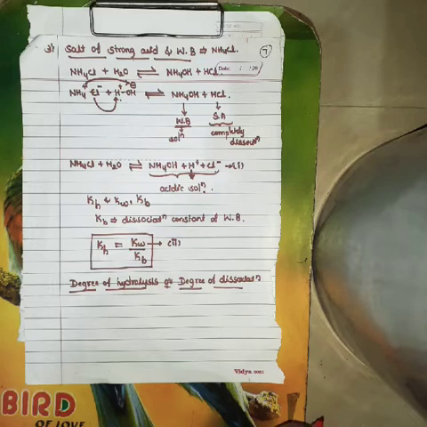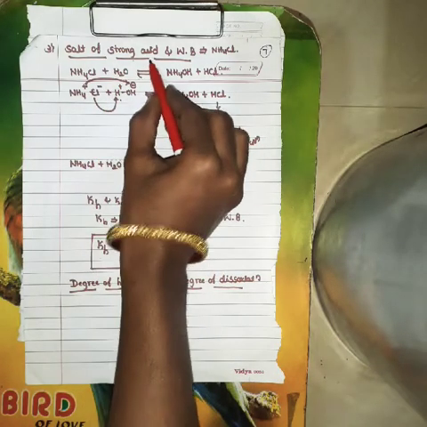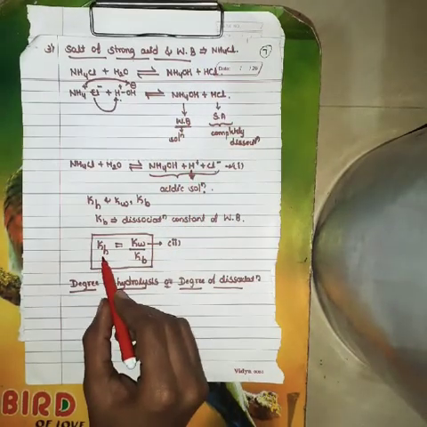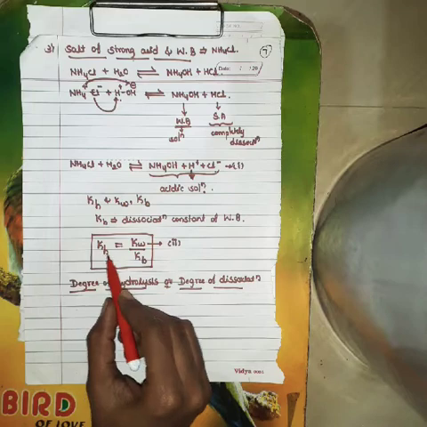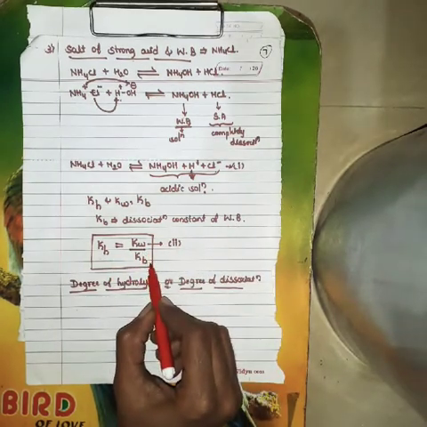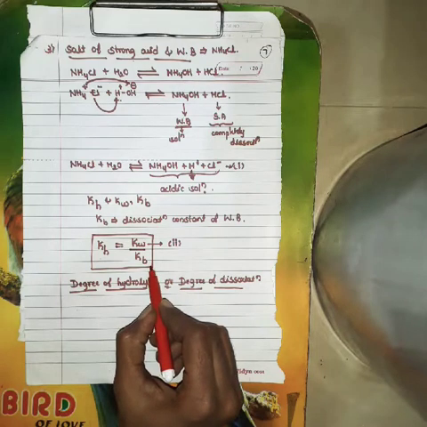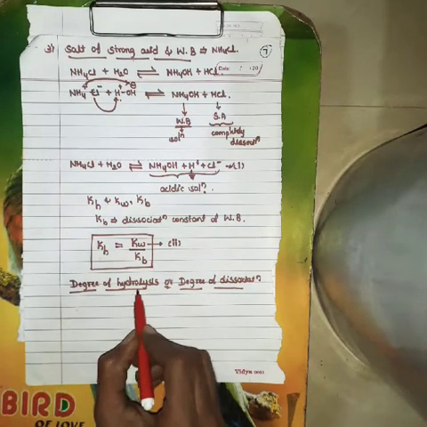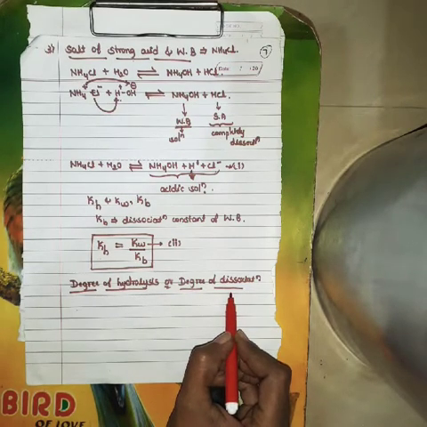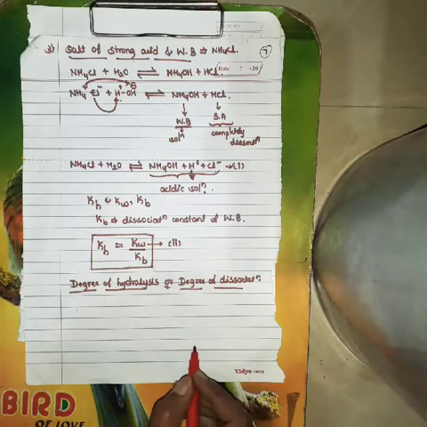In ionic equilibria, we are studying the 4 different types of salt. In that, we are studying 2 types of salt, and the third one is salt of strong acid and weak base. We have calculated Kh, the hydrolysis constant, where Kh is equal to Kw divided by Kb. We got it in the last class. Today we are continuing with the degree of hydrolysis of a salt of strong acid and weak base.